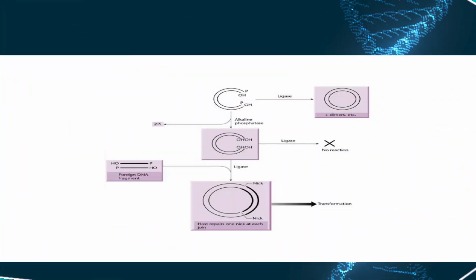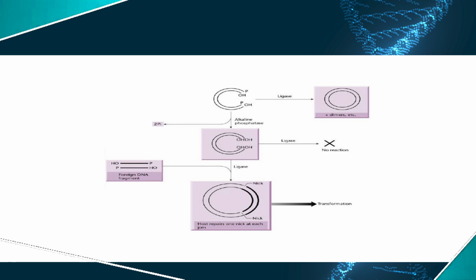Then the next class of enzyme is basically used to prevent recircularization of the vector DNA digested with a specific restriction endonuclease. From the figure we can see that a nick was created, and when this particular enzyme was used, it was not recircularized, so that it can again be inserted with the gene of interest to produce a